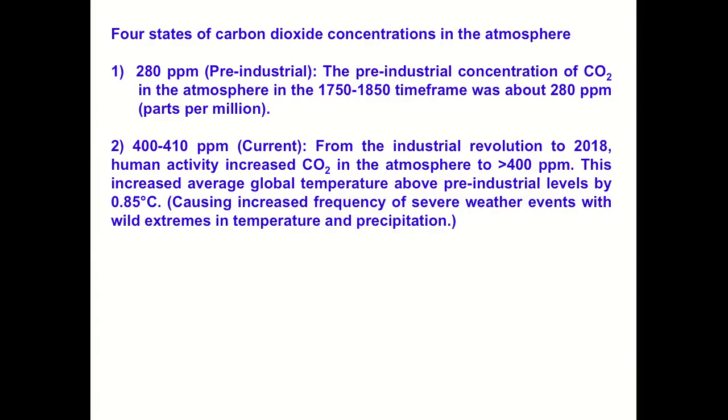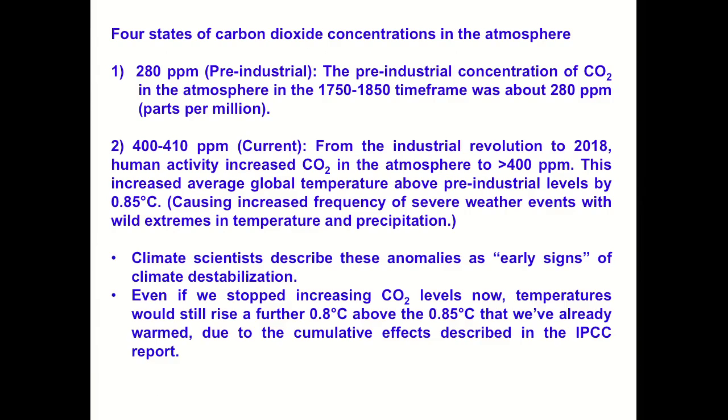And on average, what we can say is that that increased CO2 seems to have corresponded to an above average temperature compared to pre-industrial levels of around about 0.85 degrees C. It was about 0.6 degrees when that 2013 report came out, but this report says it's a little bit larger. And that, as we said, has caused increased severe weather events and temperature, and also large changes in precipitation patterns.